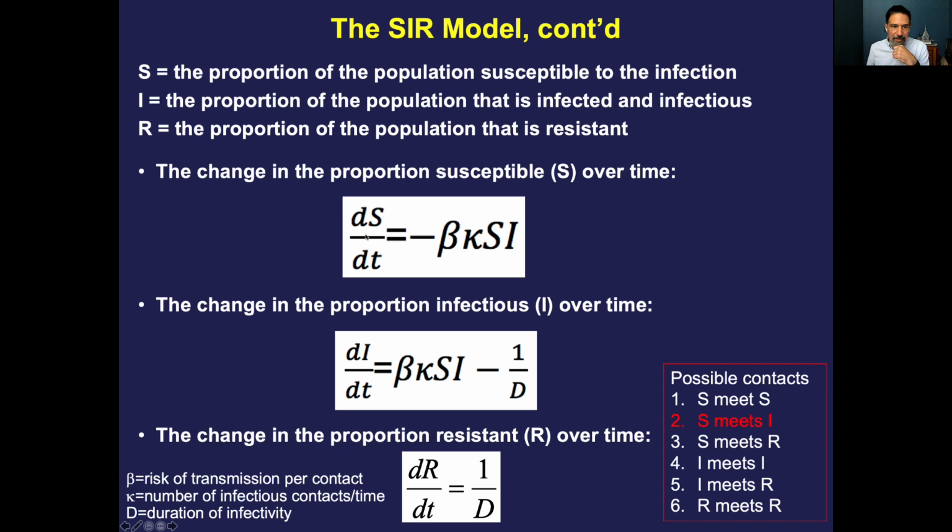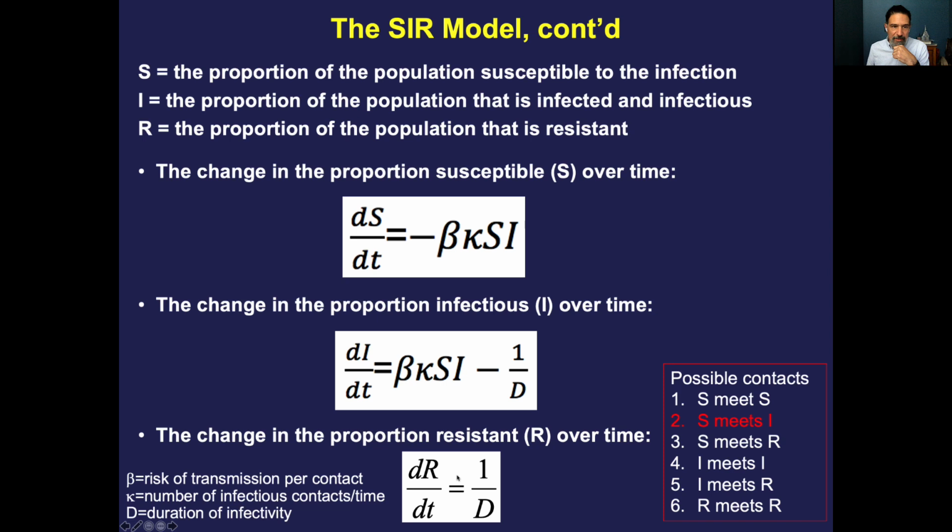So the number of susceptible is something that is going to decrease over time. The change in the proportion infectious over time, or dI/dt, is beta kappa times the susceptible proportion and the infected proportion, minus 1 over the duration of the infection. And the change in the proportion resistant over time is dR/dt, which is equal to 1 over the duration. So